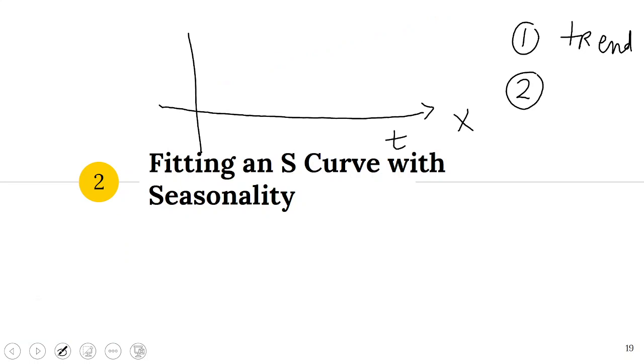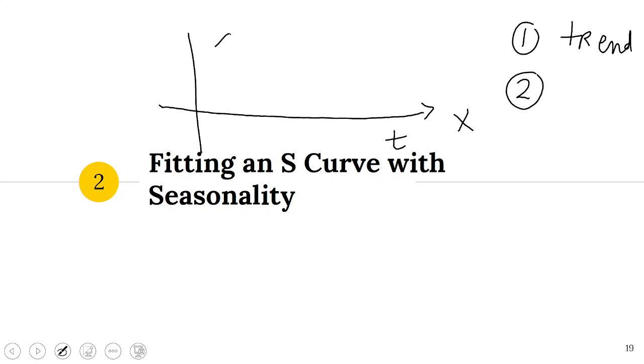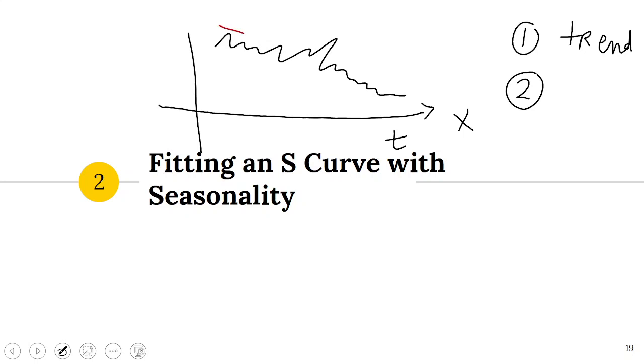Or the trend could be decreasing, so the data may be going up and down, whatever it is, the sales, and then you can fit a line through it, and the line is linear through it, and that trend will be decreasing. All right, so the first thing is